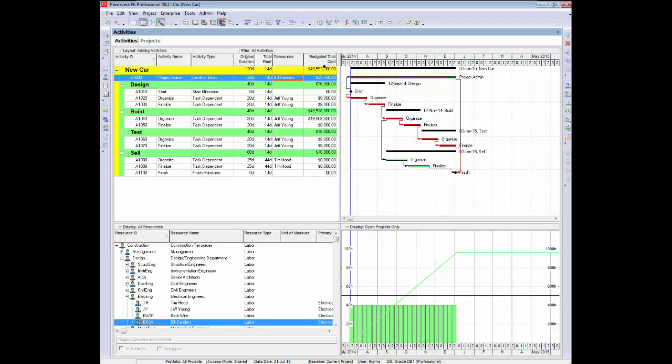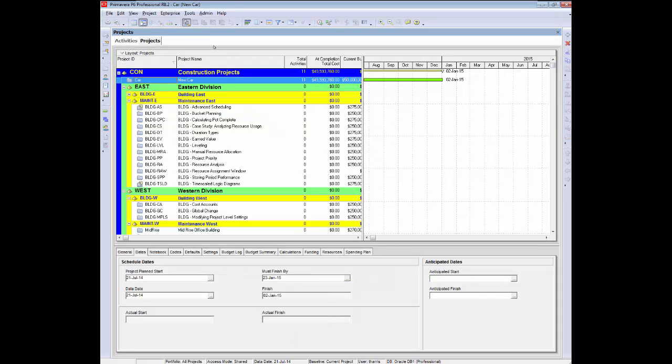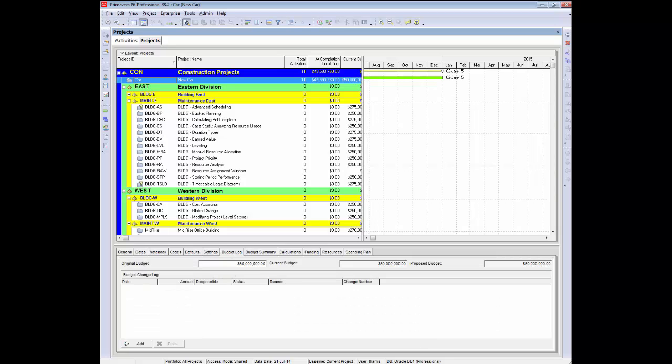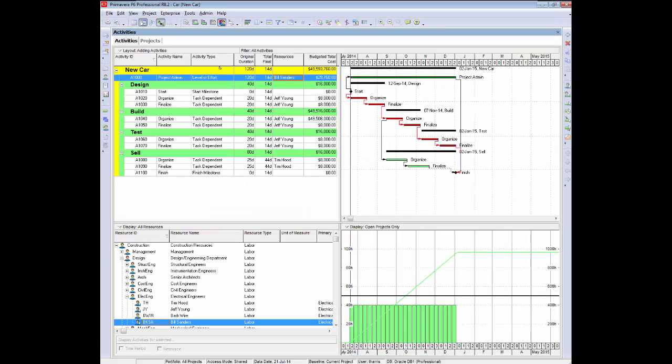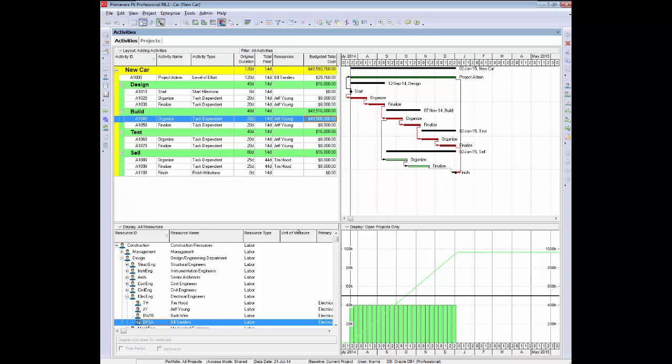The final thing to optimize is the budget. Now, if you remember, when we defined the scope of the project, we said that the car budget, which we recorded in the budget log, was going to be 50 million. And if we look in the activities at the budgeted total cost column, where all of the resource costs and this cost here, the 49 million, is in fact